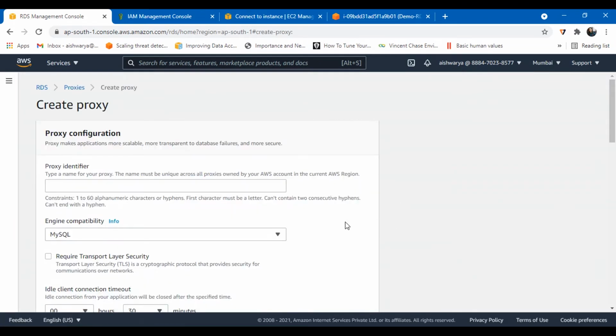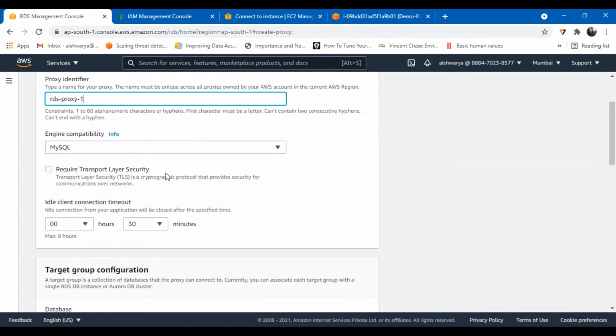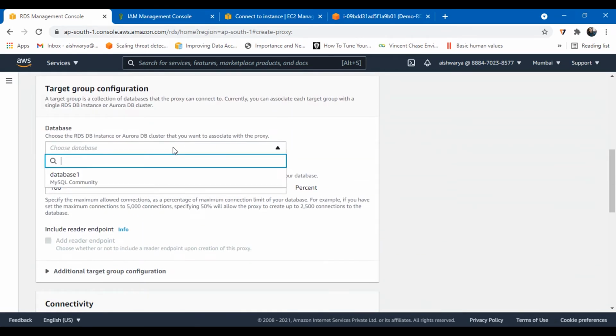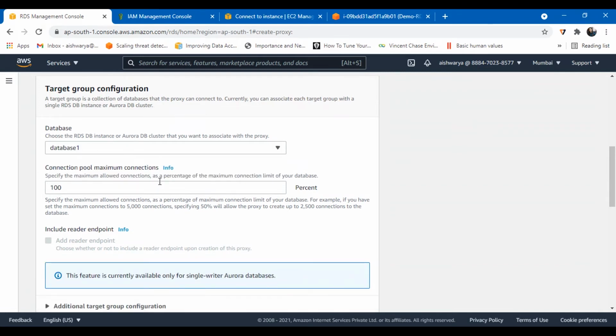Then give a proxy identifier. Let me give it as RDS proxy 1, and here MySQL. Yes, this is right. Choose a database. My database was database 1, selecting this one.